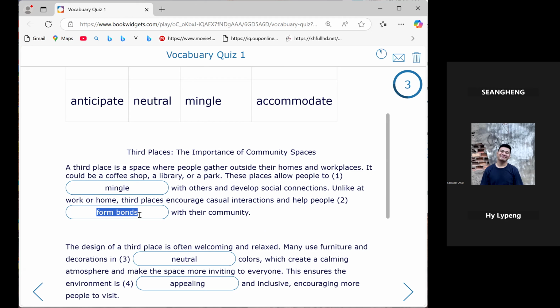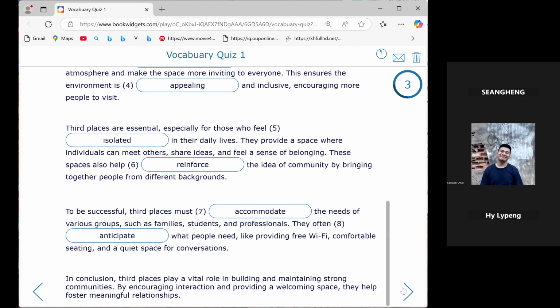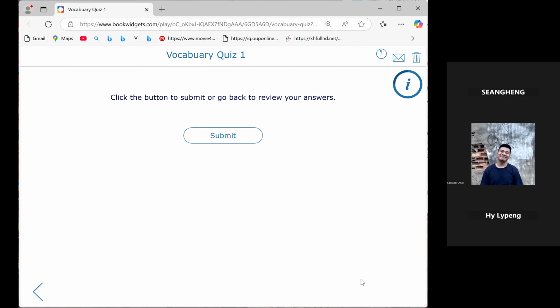I mean, it is a collocation, right? Because it forms bonds, but we use it with people. Oh, it's okay, let's use form bonds. Right? So let's see another. Do you want to clarify or submit? I think submit because